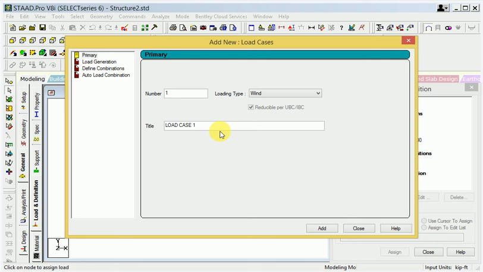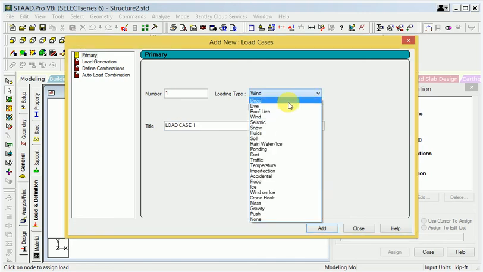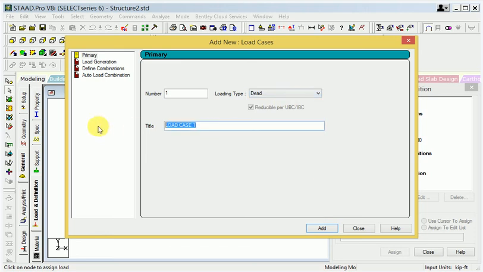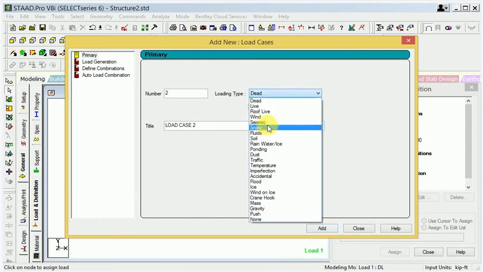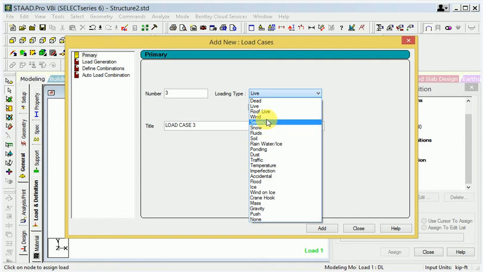This is the load case, and there are many different types of load here. First, dead load. Then second is live load. We will apply the live load, and then again I will show you wind load.